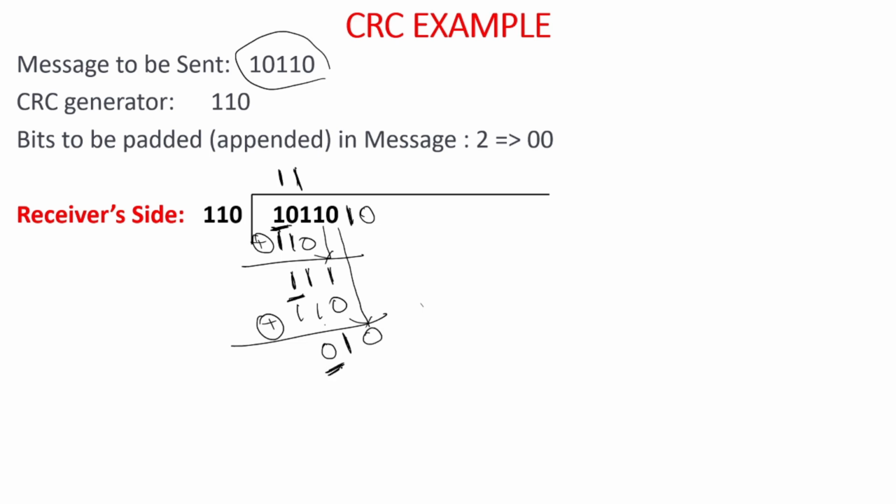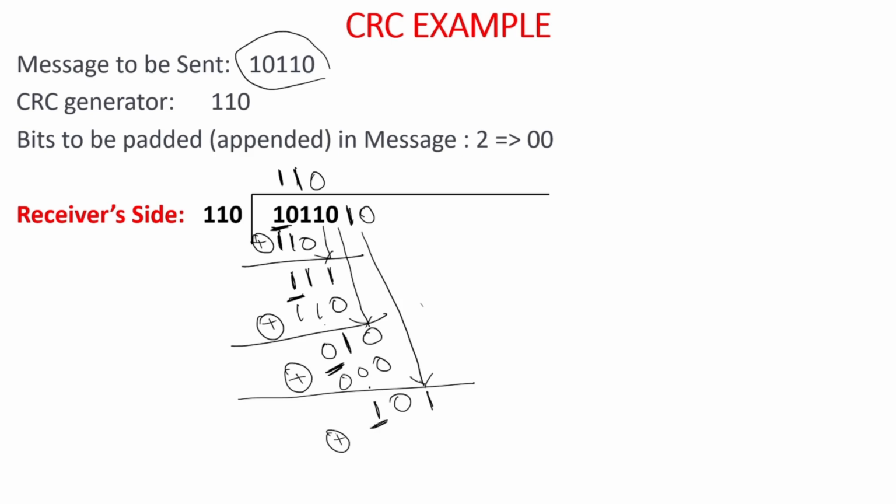Since the first bit is 0, directly take all zeros over here. So now again do the XOR operation. Now both the inputs are 0, that is, the inputs are same, so the output will be 0. Now here the inputs are not same, so the output will be 1. Now take the 1 from here. So now these last bits will be ignored. Now again do the XOR operation.